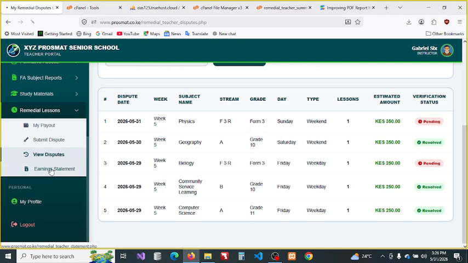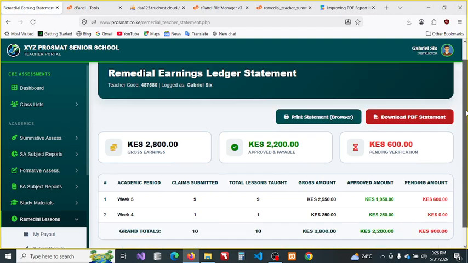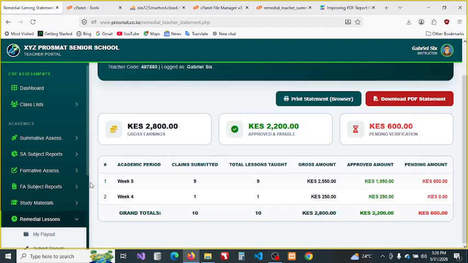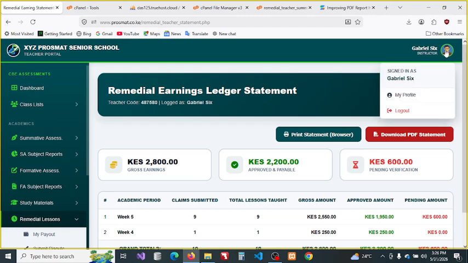Then there's earning statements. Earning statements will give you the summary on how you've been earning for each and every week. Okay, so each week the amount that you got and so on and so forth and the totals. Okay, so you can also download that one and keep that particular record. That's how the teacher will be able to enjoy this